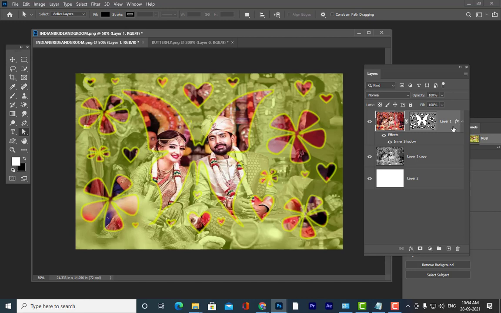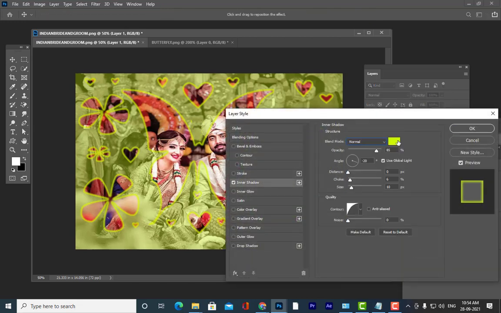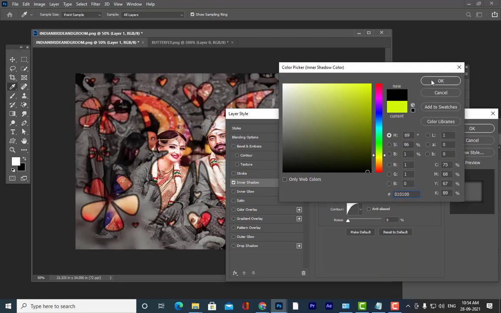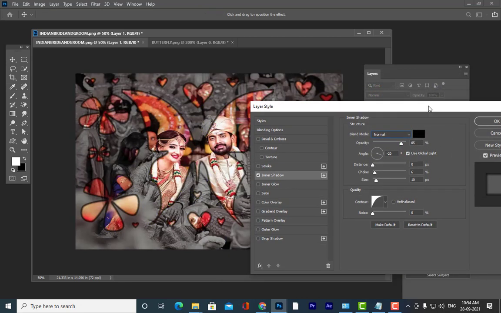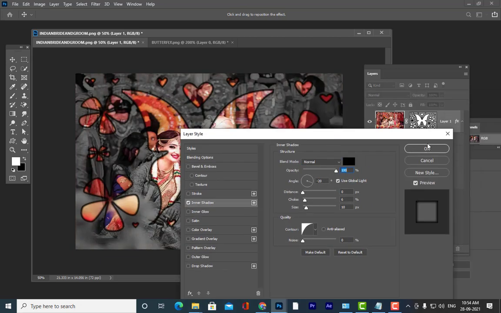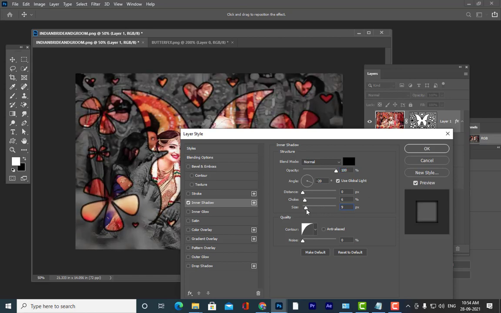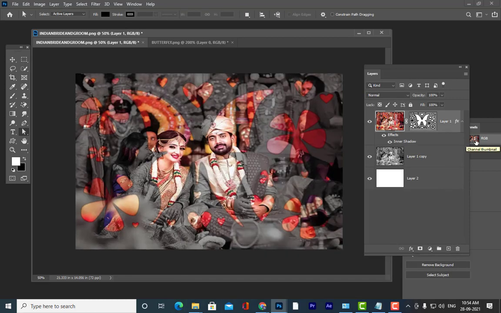Let me change the inner shadow color. I think yellow is not so interesting. Okay, something like this.